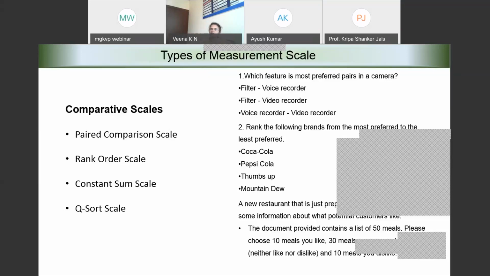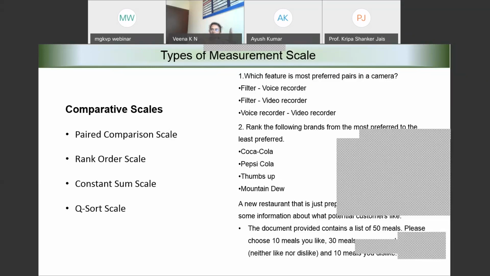Again, maybe I can ask them to put it in the rank order scale. So there are multiple combinations of question types that we can ask in a questionnaire. And each of the questions that we ask should depend on a particular type of scale of measurement.